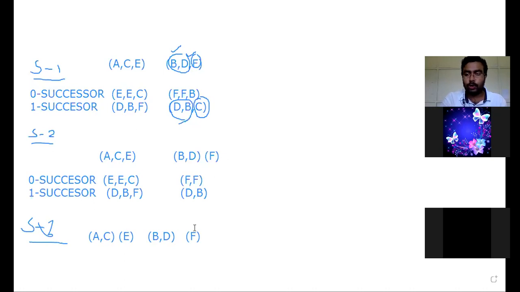Group, and F into one group? Is it true or correct? Yes, sir. Then let us do the same kind of procedure here, students. Find 0th successor and 1 successor